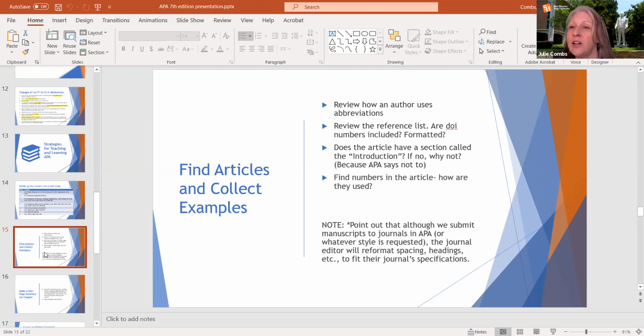And just a note, if you are using manuscripts that are published in journals, just keep in mind that even if they are an APA formatted journal, they're not going to be 100% APA when we look at them, particularly tables and figures. And that's because the editor is going to have some different style guidelines. They're more concerned about white space, et cetera. So just because we submit something APA doesn't mean that it's going to look like that in its final form once it's published. I just point that out to students because sometimes a journal might have a different way to handle numbers than, for example, APA. Just like our libraries sometimes have different rules around dissertations than our style guides might.